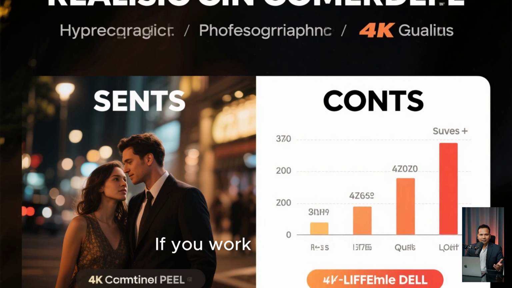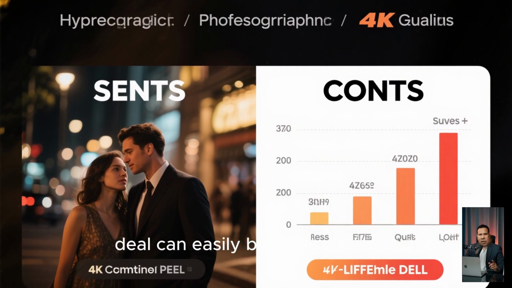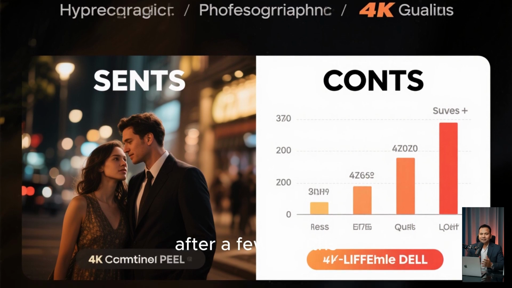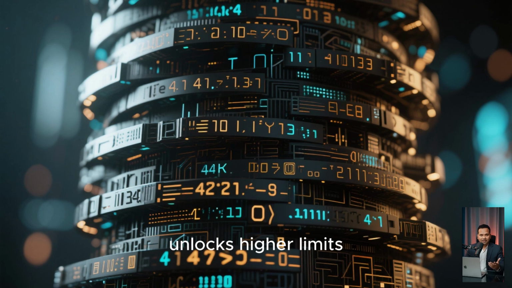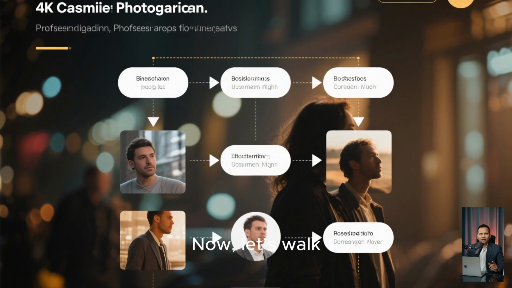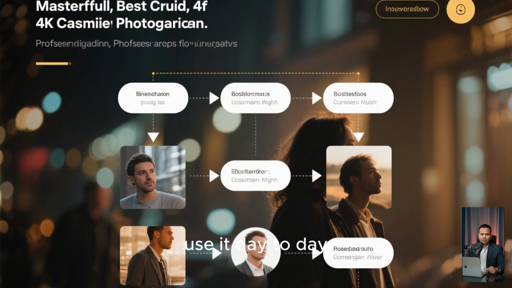If you work with a small team or a tight group of clients, a one-time lifetime deal can easily beat the cost of a recurring subscription after a few months. For agencies, stacking more codes often unlocks higher limits, so you can serve more client accounts under one deal. Now, let's walk through a simple use case so you can picture how you would actually use it day to